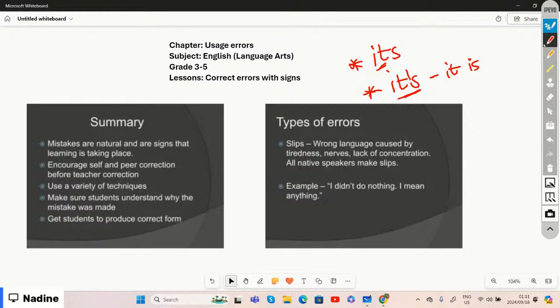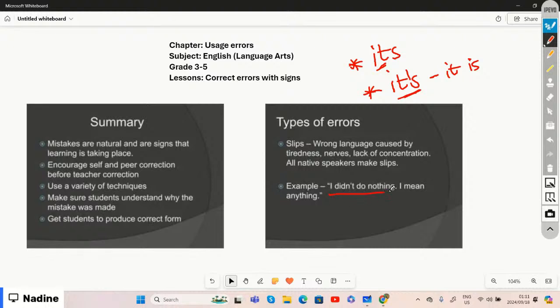The way I speak sounds like I'm very good in English, but English is actually not my first language, which means that we are going to have slip ups. We are going to make mistakes, especially if English is not your native language. And if we look at an example of an error, it says,